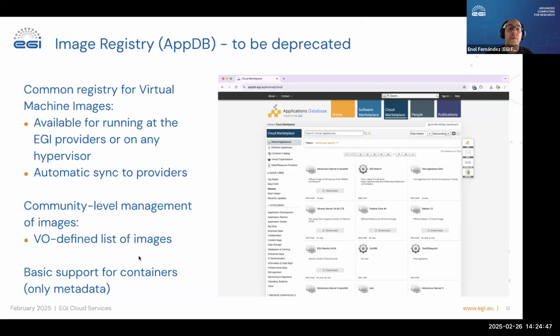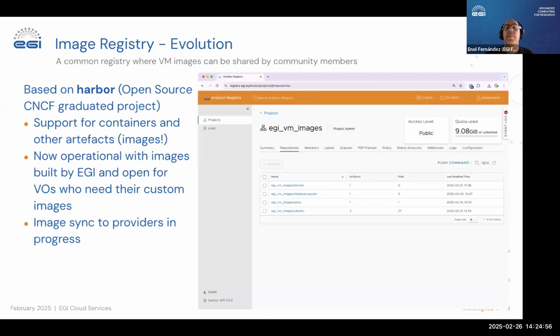And also has some basic support for containers, only dealing with metadata in this AppDB. We're transitioning to a new system that is based on Harbor. That's an open source CNCF graduated project. So it's quite, let's say, standard technology, so it's easier to maintain. It supports containers, but also other artifacts, mainly images, which is the one that we care more about in this